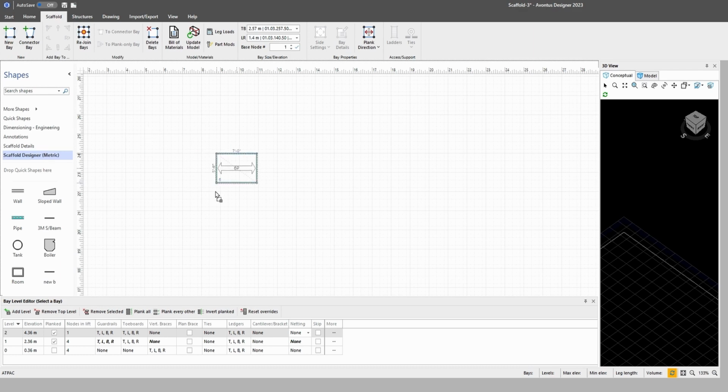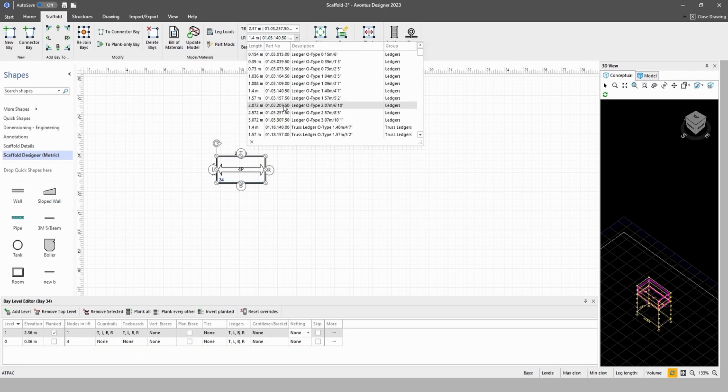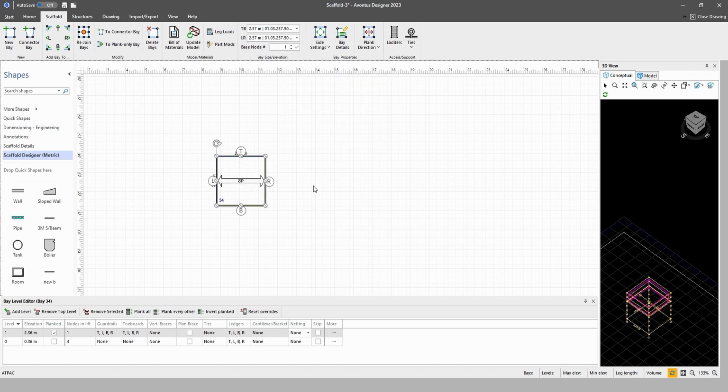I'm going to drag on a new bay, change it to the desired size I want, back to 2.5. So the scenario is you've got a bird cage you need to do. There are many ways to do it, but I'll show you a basic way which we kind of recommend,